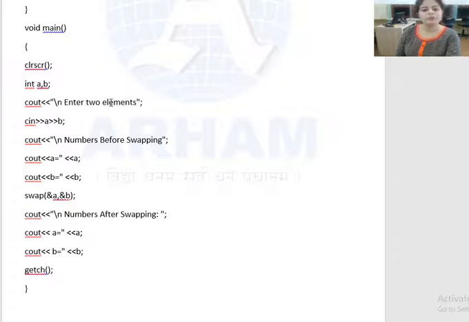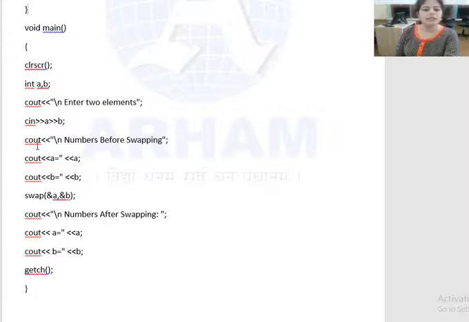So now you have to give the values of the two elements. To give the values, you have to use the cin statement, because we always use the cin statement to give the input of two numbers or any numbers. So we have to give input of two numbers A and B. That's why we have used the cin statement: cin input value of A, input value of B, and end it with a semicolon. By using this statement you can give the value of A and B.